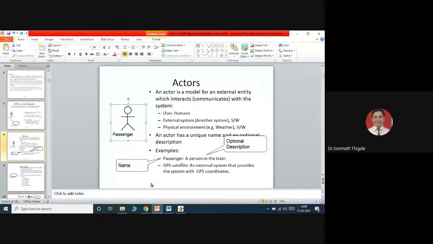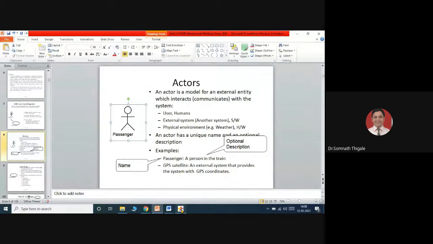Now, how to find out the actors for any system? So we just need to find out the actors first. The first category is all human beings who are going to interact with the system. We will call them simply humans, users, who are going to use the system.